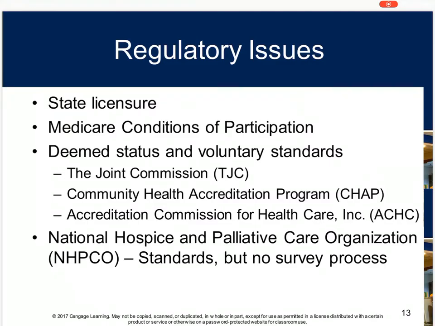Dropping down to the paragraph where we get into the National Hospice and Palliative Care Organization. Now, this organization provides resources that hospices can utilize to validate the quality of care being provided. They can look at staffing guidelines, their performance measures, as well as their standards of hospice care. So think about this organization as someone that can reach out to help you understand how you're meeting or how you need to meet certain standards, but they don't actually offer a survey. They're not like Joint Commission or Community Health Accreditation Program. They're not going out and actually surveying facilities.